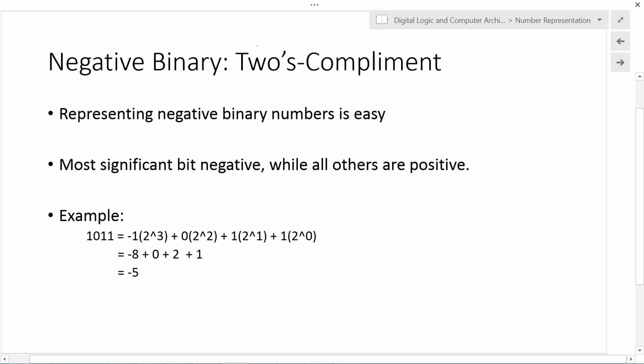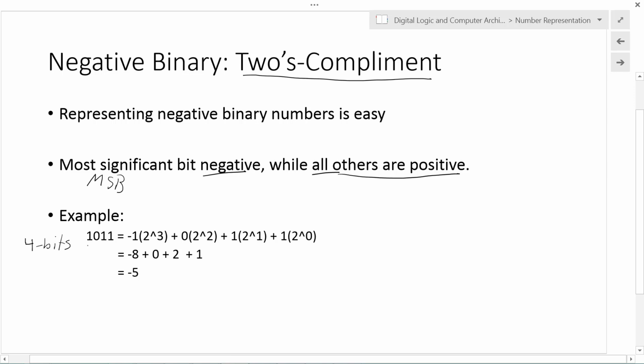So negative binary can be represented with 2's complement. It's quite easy to do this because if we look at the most significant bit, or the MSB, we can declare that as negative and then claim that all other bits are positive. So let's look at this example here. How many bits is it? It is 4